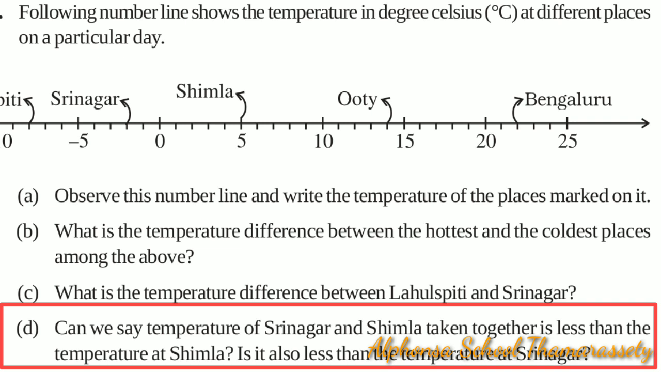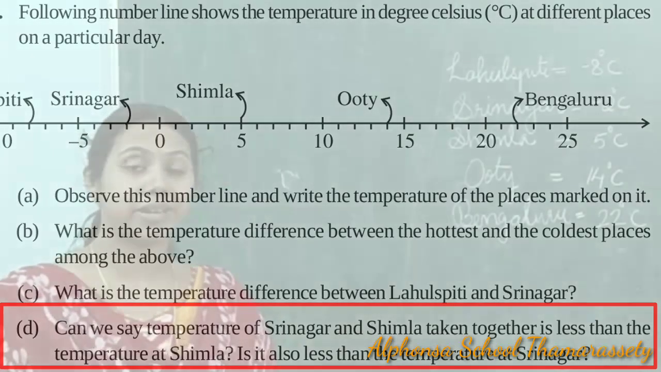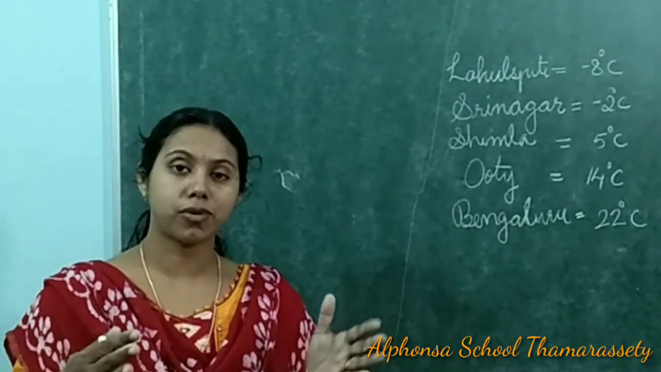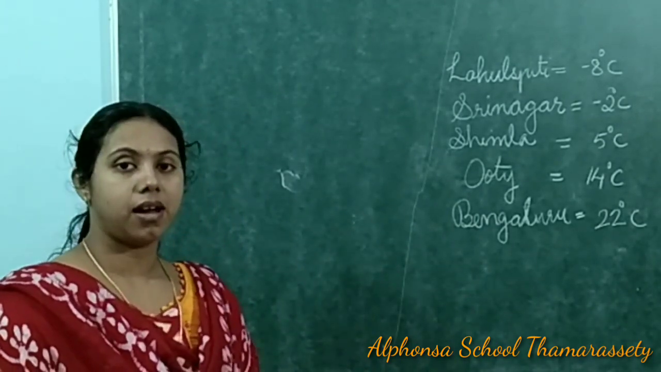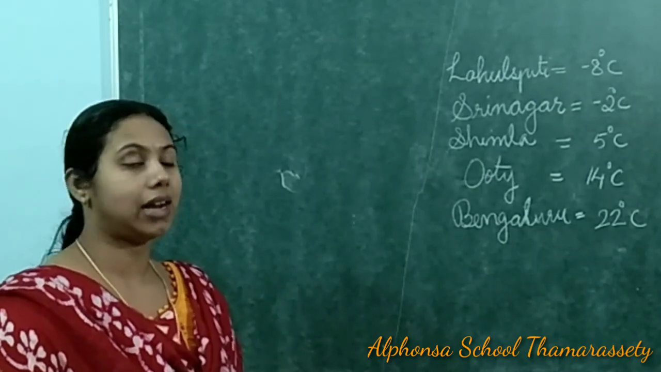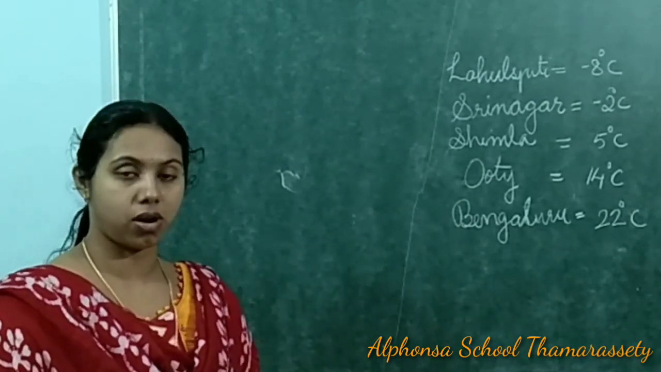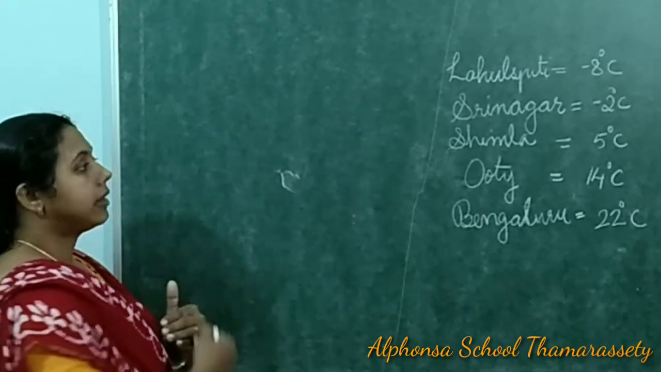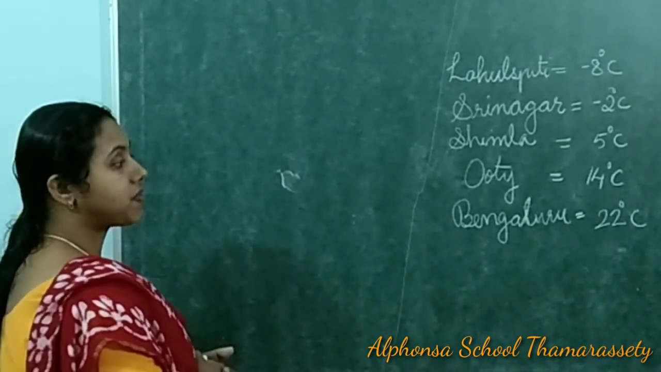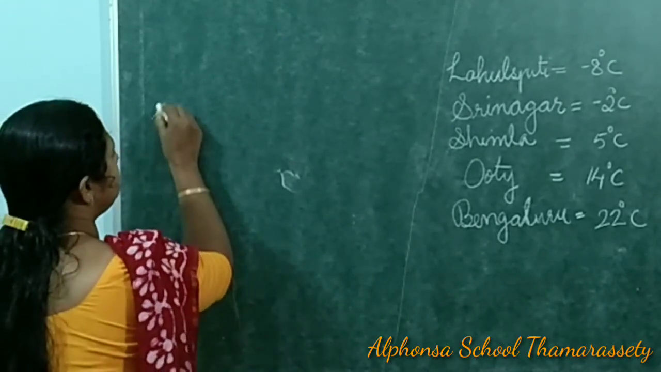Now you read the next question. Can you say the temperature of Srinagar and Shimla taken together is less than the temperature at Shimla? Taken together means what? We want to add it. When you add the temperature of Srinagar and Shimla, is that answer less than the temperature at Shimla or not? That we have to verify. So when you add the temperature of Srinagar and Shimla, it will be